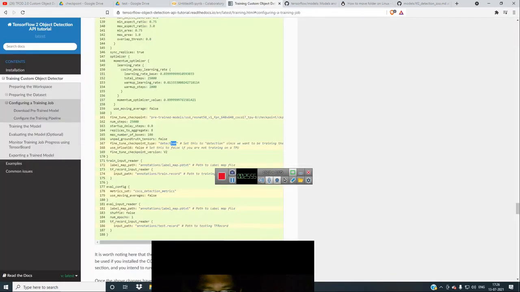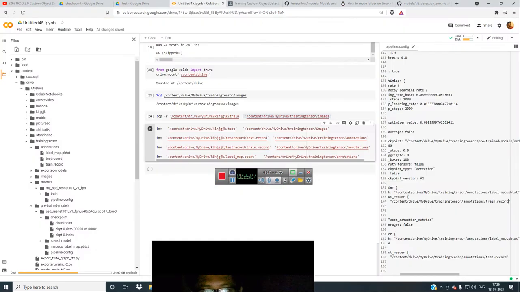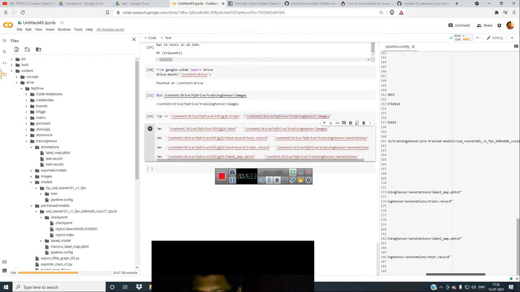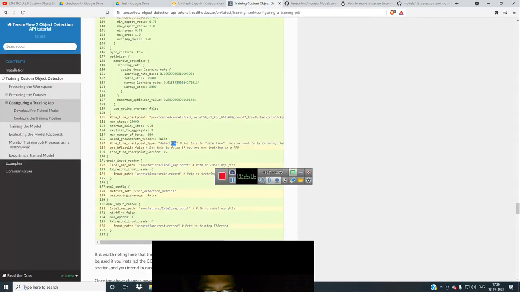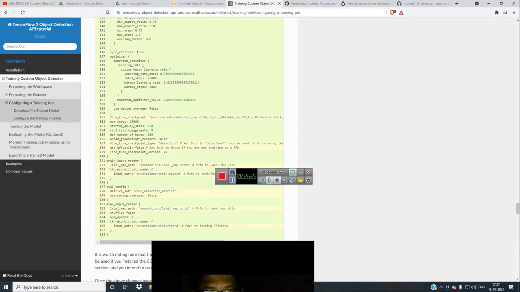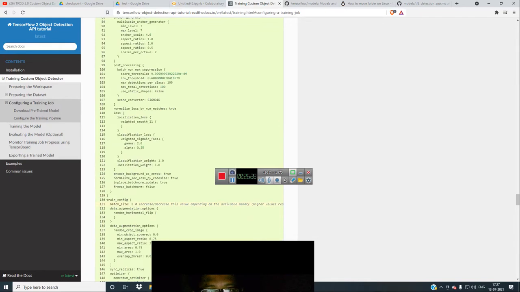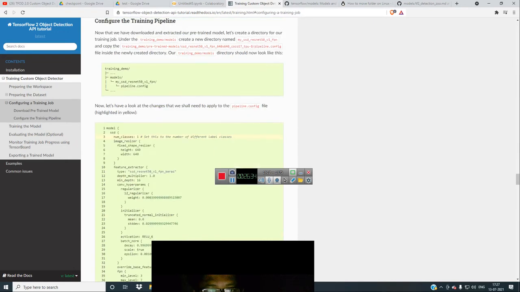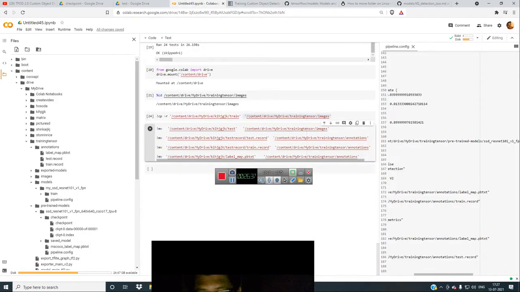So in here also they are telling that only you have to use the test dot record, label map pb.txt, and also for moving averages you should give COCO metrics detection. Okay, for this thing COCO metrics detection should be given. Okay, false, and in the above you have to give label text, and train also you have to give. Okay, so in here you have to give train dot record and pb.txt, and in here for fine tune you have to give the ckpt. Okay, dot ckpt, and batch size is 8, that is what I have given. So number of classes is 1, but in here it is 3. So I will revise it again.